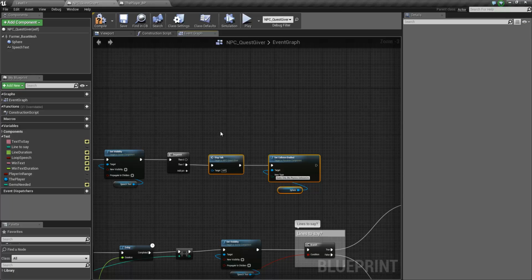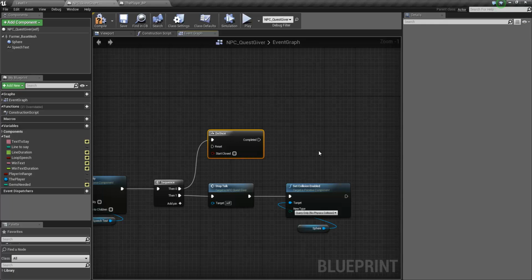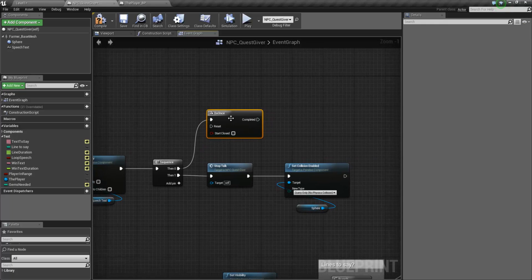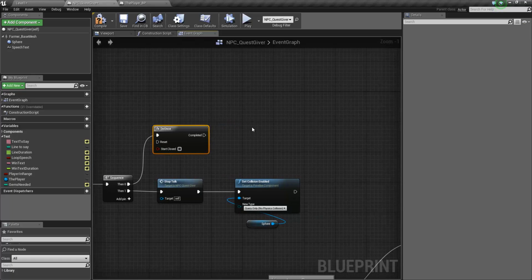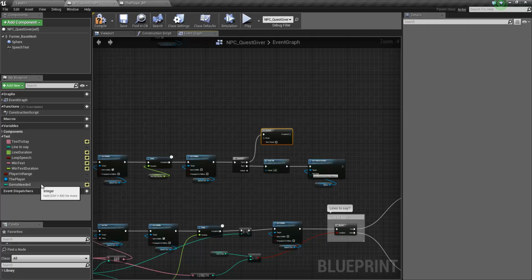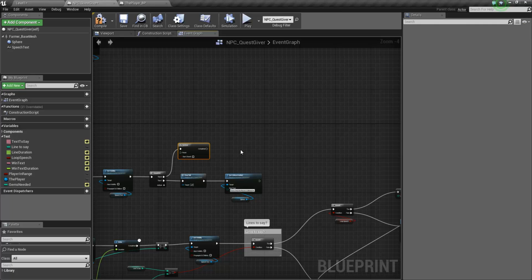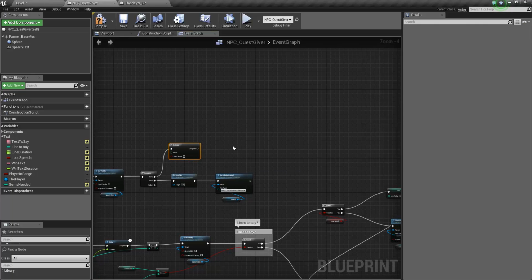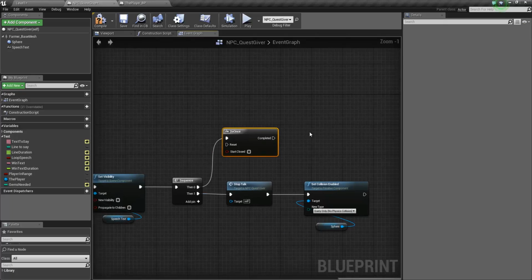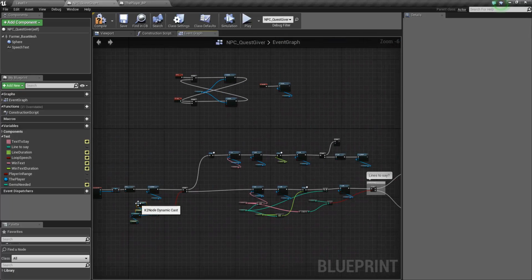But off the top one, what we're going to do is a Do Once, because we only want to do these actions one time, and we want to take away the gems that were needed from the player's collectible number. So again, if we get this, because we want to cast to the player,